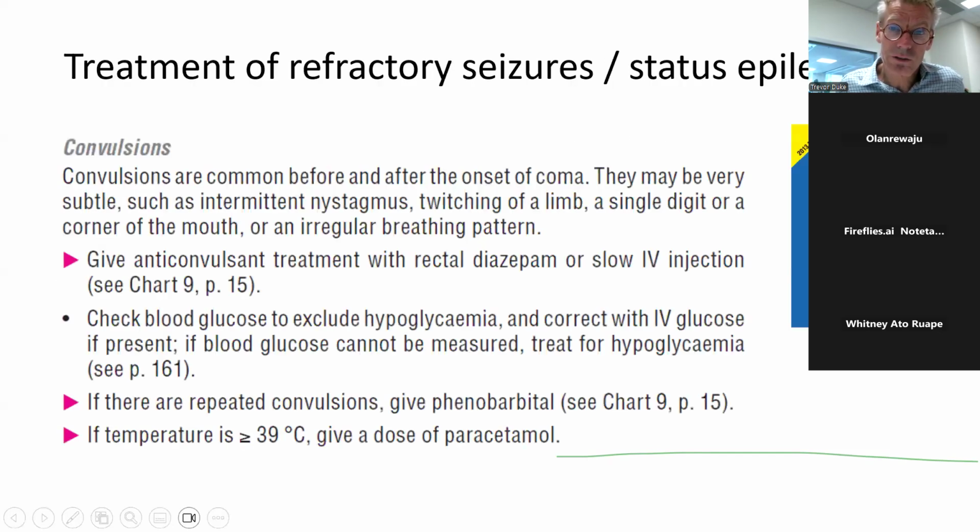likely underlying diagnoses are. The Hospital Care for Children book, in terms of the drug management of refractory seizures, suggests that you should give rectal diazepam or diazepam slowly by intravenous injection as the short-acting anticonvulsant to stop the seizures. And then if there's further convulsions, then giving phenobarbital. It's the same as phenobarbital. And that's essentially what the most standard treatment books around the world say, including the P&G standard treatment book. It suggests diazepam first,